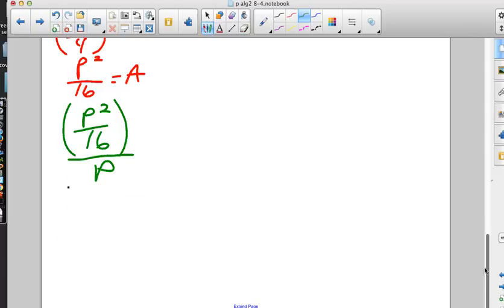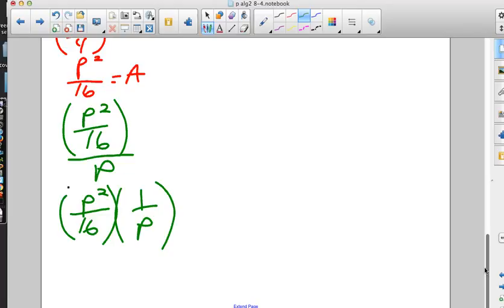Wow, that looks really weird, because we don't divide fractions. What do we do? Well, that's kind of good news. So what's going to happen? One of the p's will cancel. Just one. So for this one, it's perimeter divided by 16, which, because they want me to compare that to something,